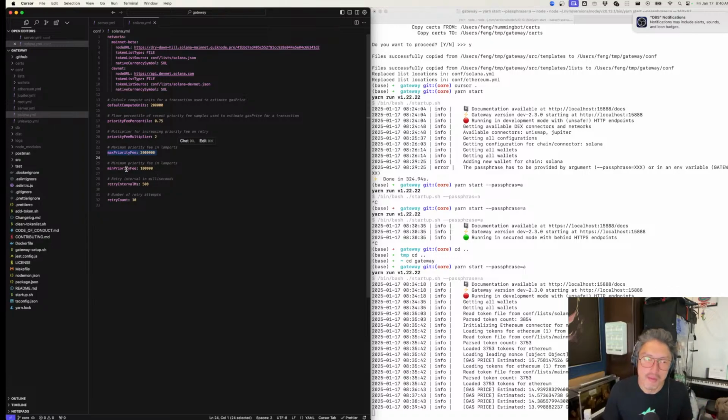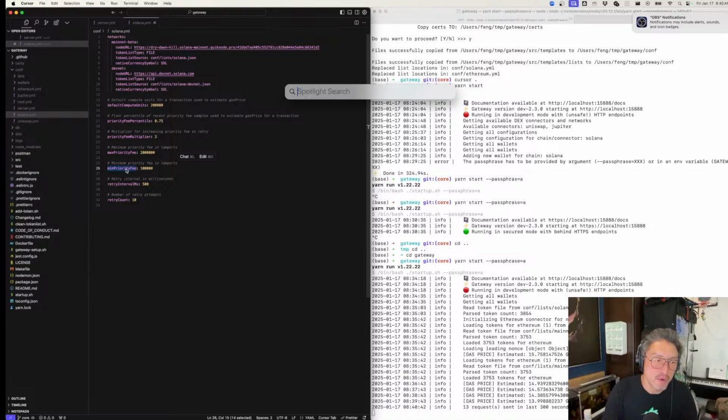So the minimum fee is basically how much in lamports, which is I think 1e-9 SOL, you're paying at minimum and maximum. So essentially, this just helps you bound how much in fees you're willing to pay to get a transaction landed. So in terms of pure Solana terms,